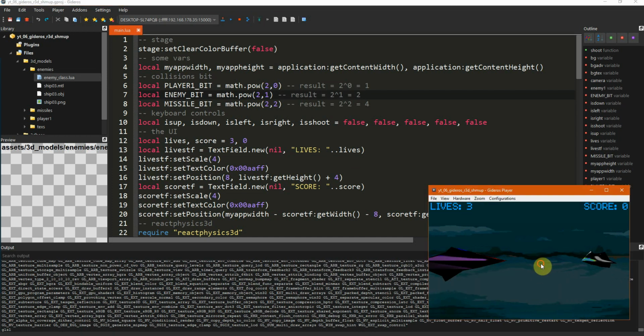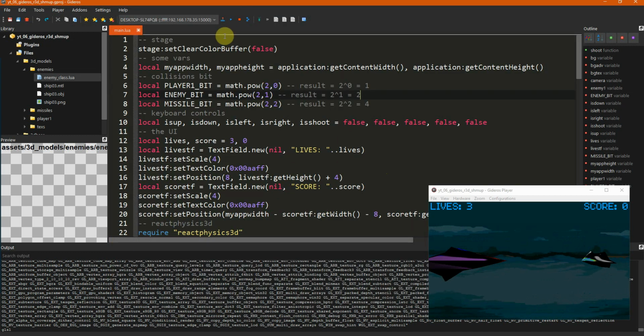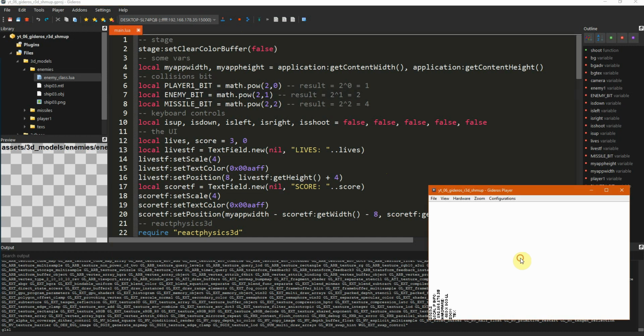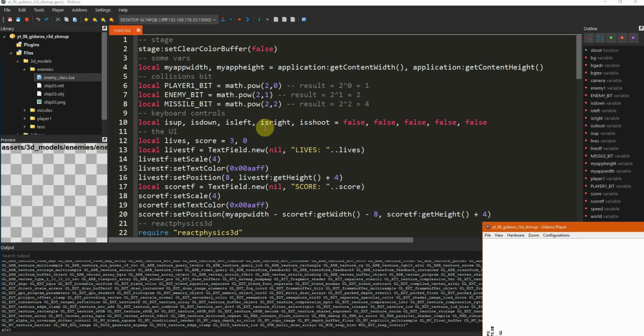In this video, we will test collisions in the world and the physics engine. So that's going to be this function here, test AABB overlap. Okay, let's do this. Let me move it here.